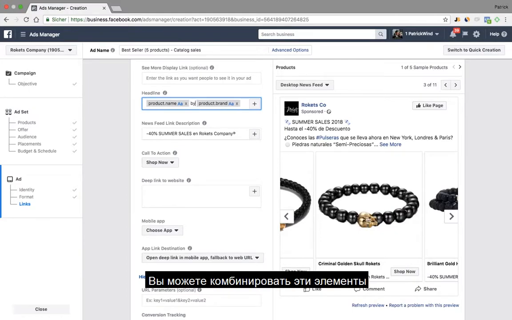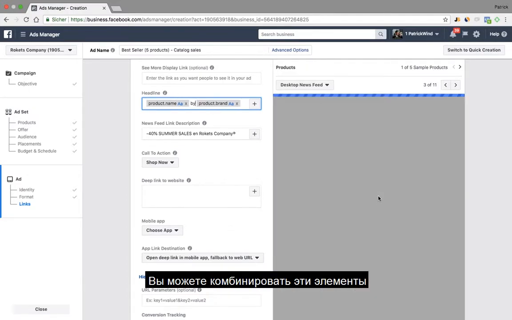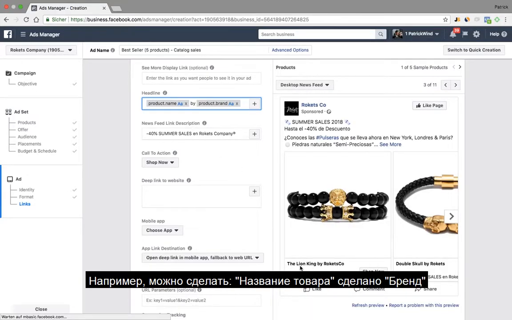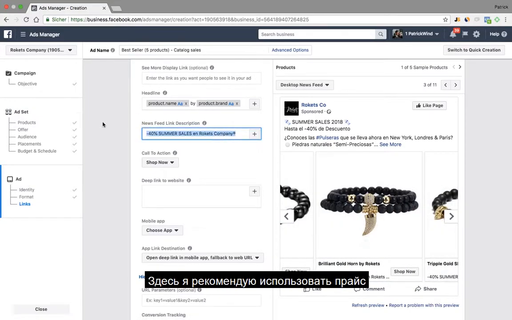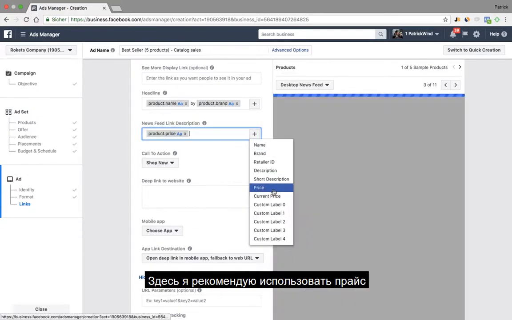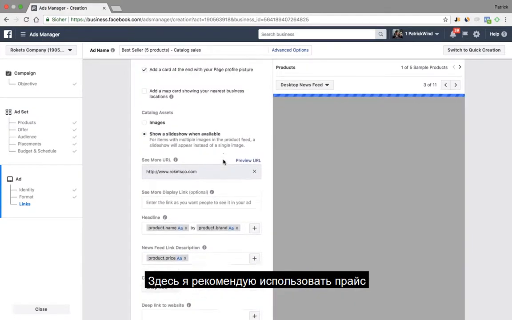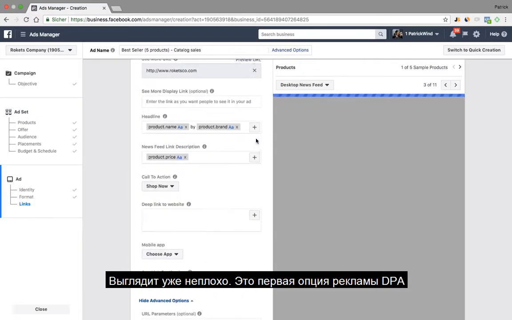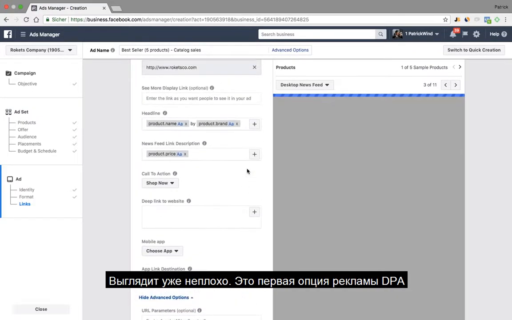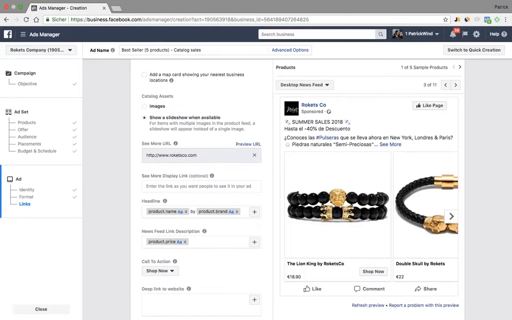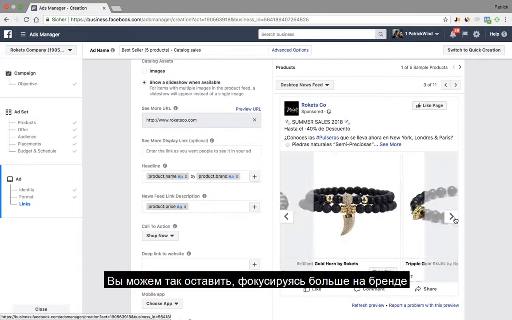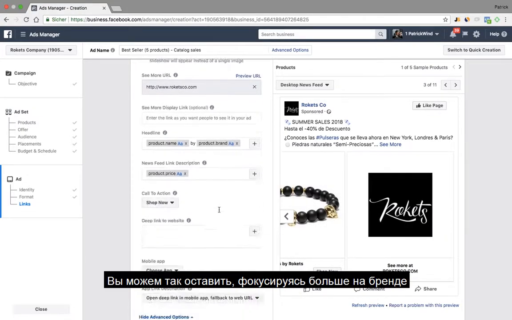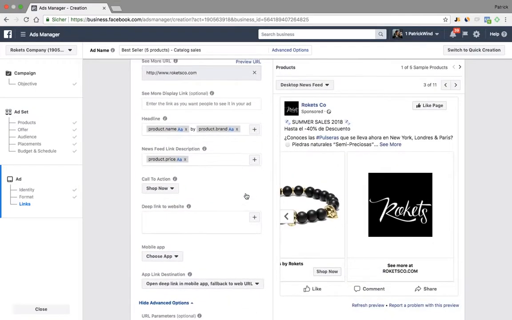You can combine those dynamic elements with static elements. So for example, then you would say the name by the brand. Actually, it doesn't look too bad. Here I definitely prefer to use the price, and it looks already very good as our first option of a DPA ad. Probably we can even leave this by Rockets to focus on the brand a little bit more, and we could already,